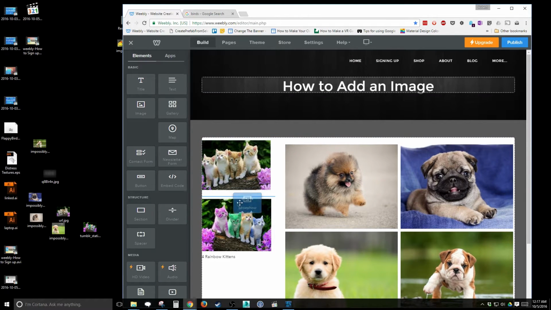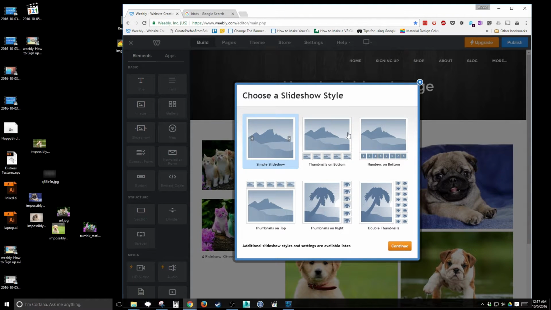Again, you've got those blue lines, so just be careful about where you place them. In this case, I want it to run the whole span of this column and this row. If I'm not careful, you can see the blue line at the top up here doesn't cover everything. If I come over a little bit more, you see it now covers the whole area. If I let go there, it's going to ask me what type of style I would like the